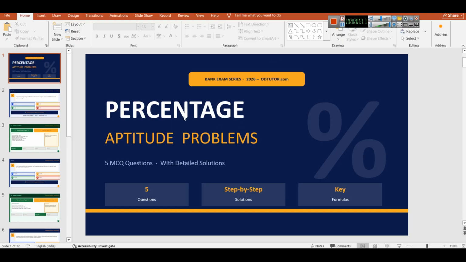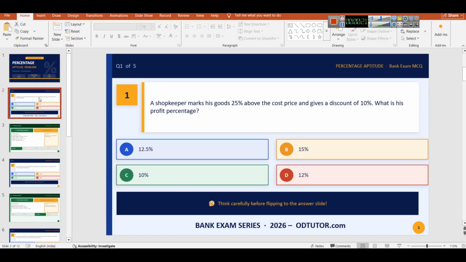Today we are going to talk about percentage aptitude problems. We will discuss 5 MCQ questions with detailed solutions. So let's get started. This will be helpful if you are preparing for bank exams or any other competitive exams